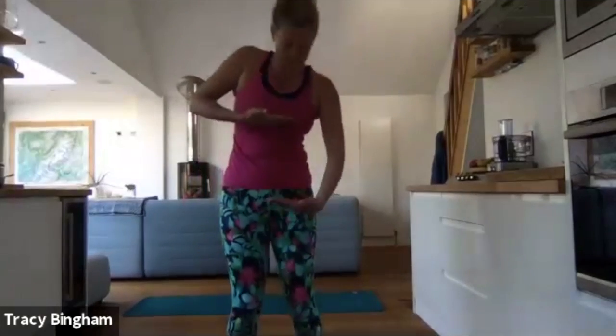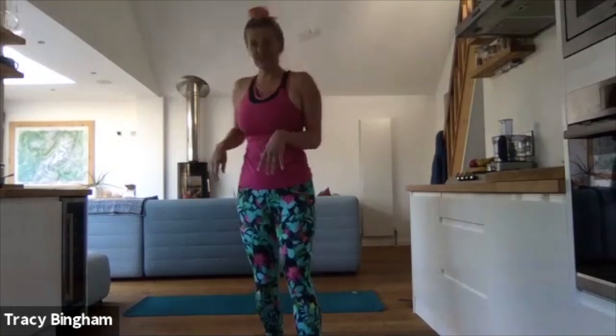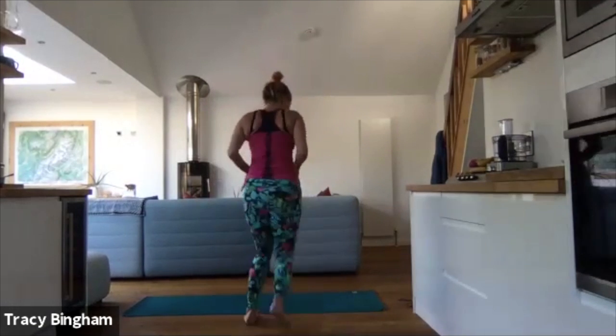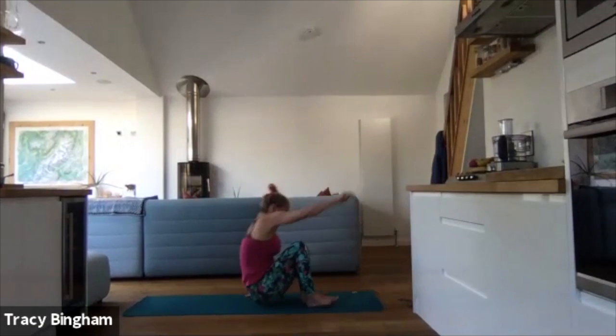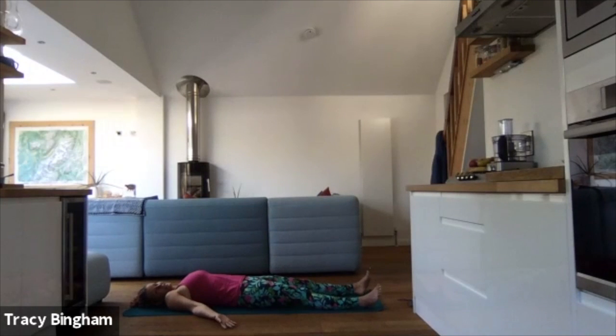Right, okay. We're going to work on core and psoas today. So getting a lot of stuff involved all around, basically from here to here, the most important part of our bodies. So we're actually going to start laid down. So laid down on the floor, arms down by your sides, and the legs out nice